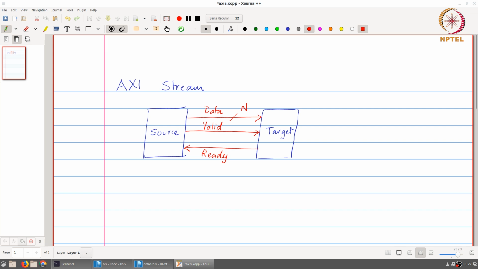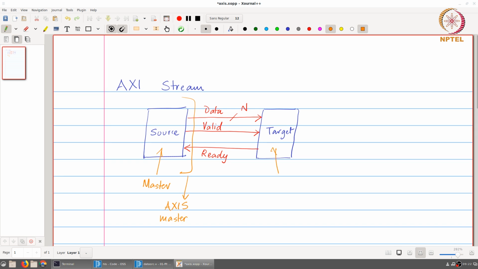Now, in this protocol, one additional piece of terminology, the source over here is usually called the master, and this interface is called the Axis Stream master interface or Axis master.